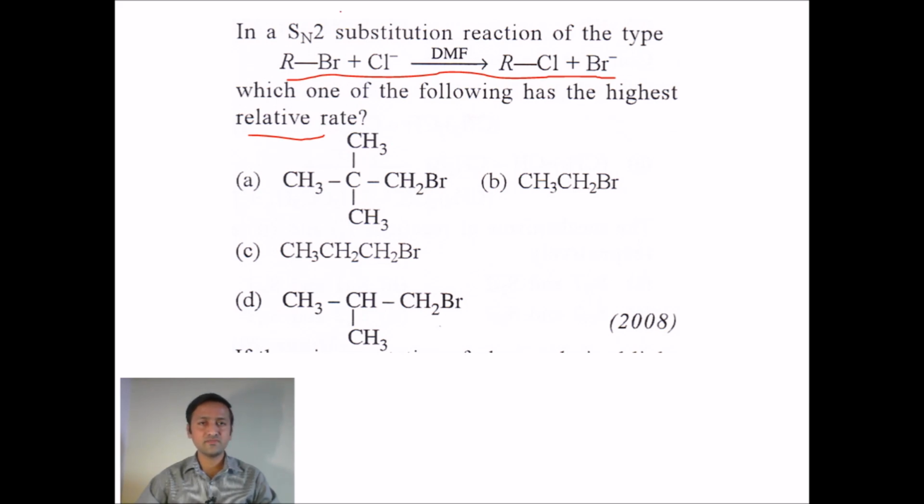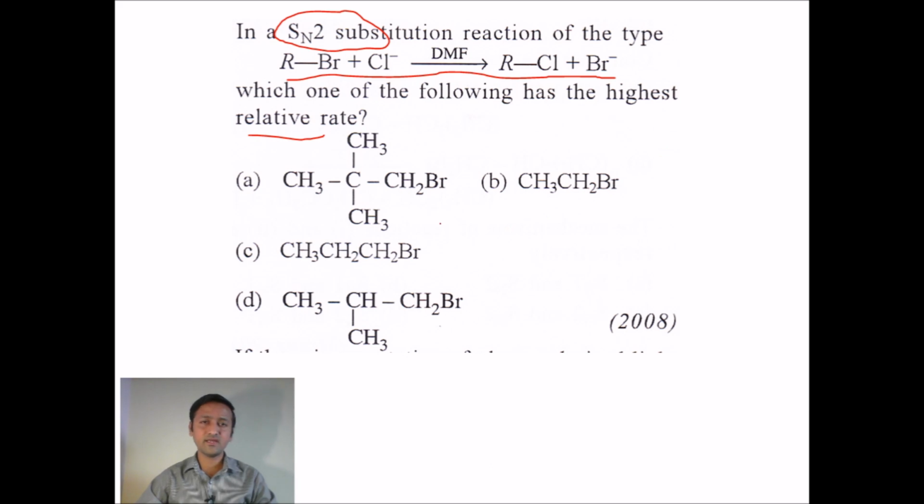It's already mentioned this reaction undergoes SN2 mechanism, and we already know in SN2 mechanism the order of reactivity of different alkyl halides can be taken as primary is more reactive compared to secondary, secondary is more reactive compared to tertiary alkyl halides, because in SN2 mechanism we take the steric hindrance into account, because the nucleophile should attack the carbon which is attached to the halogen. So in which of these molecules will less steric hindrance be there? That should have the highest relative rate.